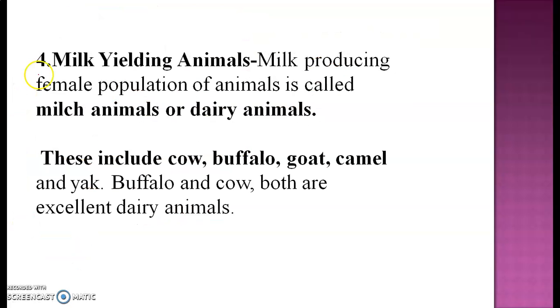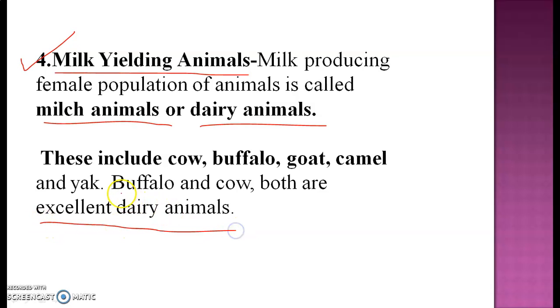Now, the same term, dairy breeds, means milk yielding animals. The milk producing female population of animals is called milk animals or dairy animals. So dairy breeds and milk animals are both the same thing. Okay, these are not different. These include the cow, buffalo, goat, camel, and yak. Buffalo and cow are both excellent dairy animals. As I have told you, in the case of cattle, the first pictures that come to our mind are cow